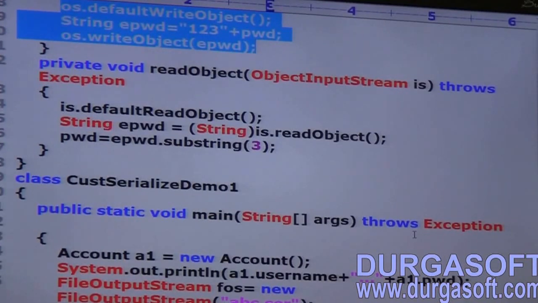Private void readObject(ObjectInputStream is) throws Exception.